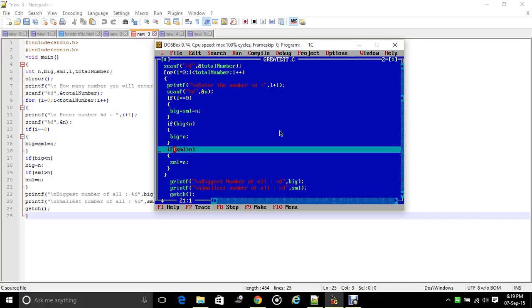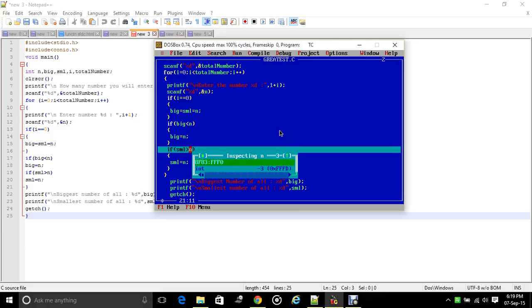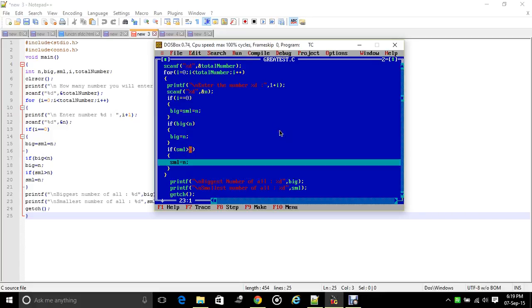Then we'll come to the second if. Now it will check that small means 7 greater than -3, so condition true or false, condition meets, so 7 is greater than -3, so the value stored in n will be assigned to small.